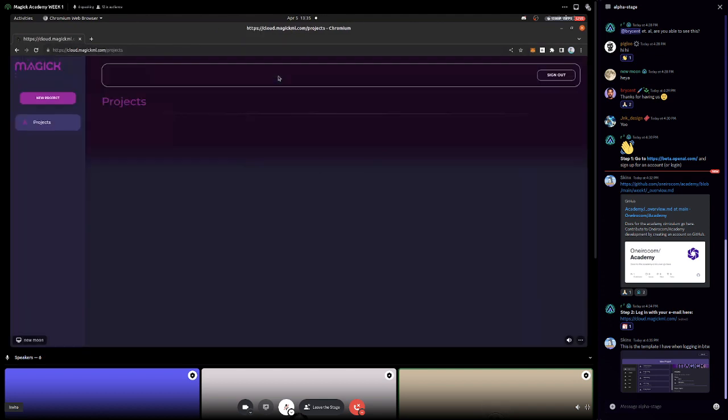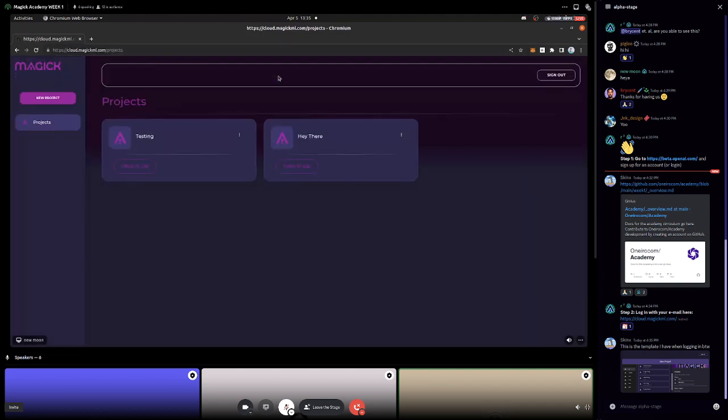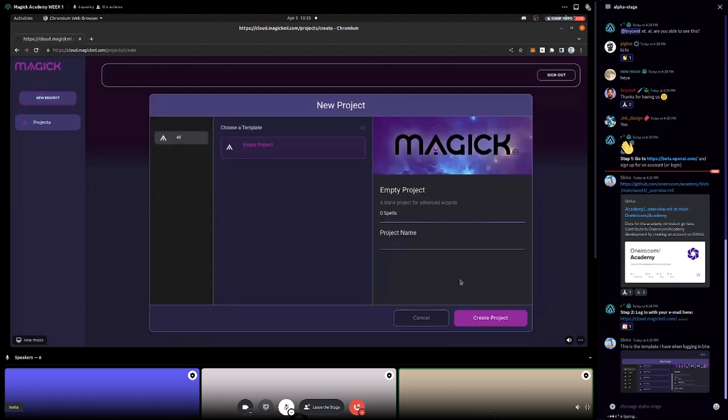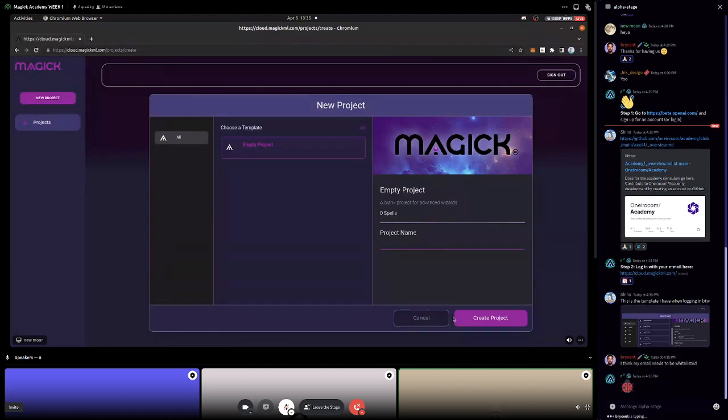Great. So one of the members of the audience is showing that they actually have a whole bunch of templates on their screen. Oh, that's interesting. It might be a different build than what I have. But it doesn't really matter. If you're seeing many projects in here, that's okay. You'll just need to do the same thing: add a project name, go through and create project, and continue going.